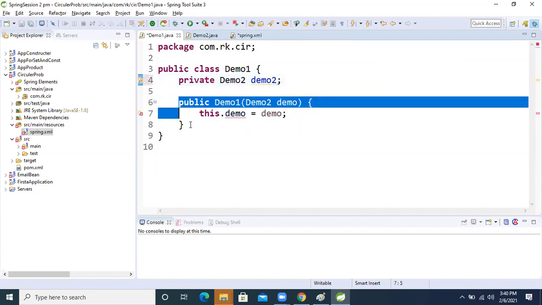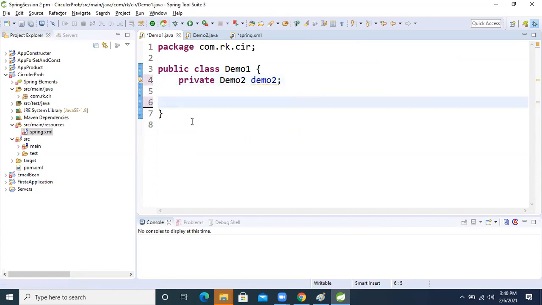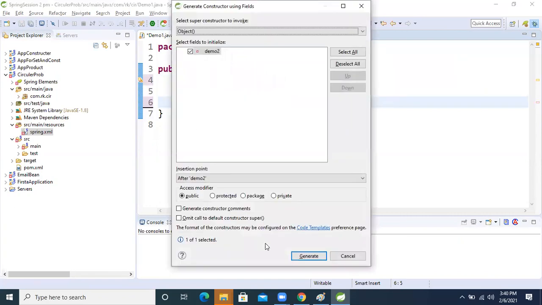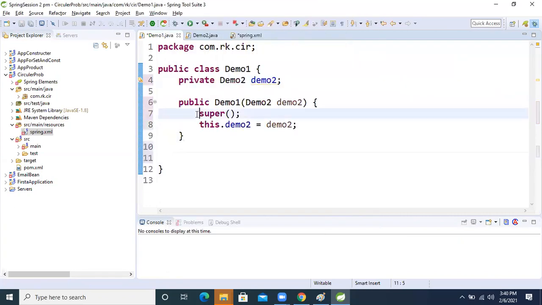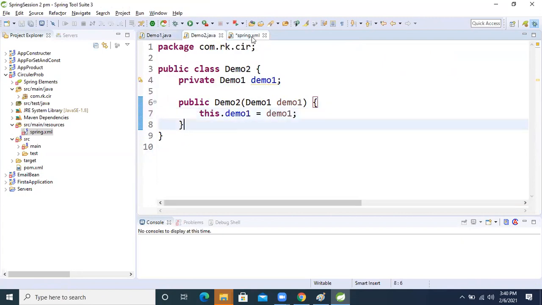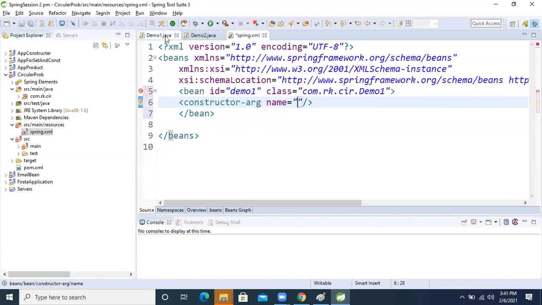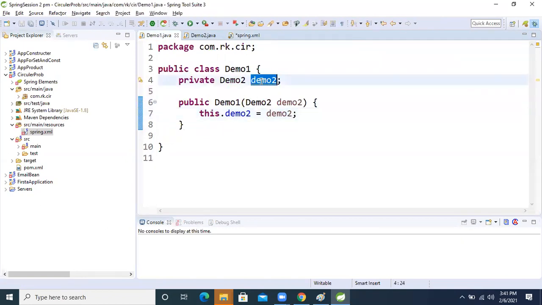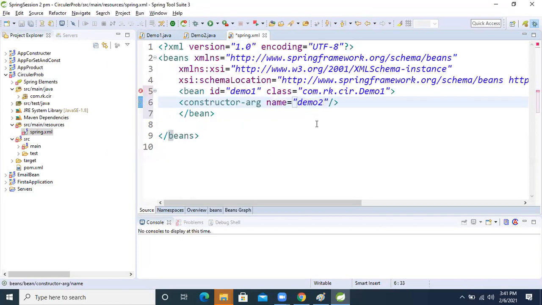Here we take demo2, because demo2 is the property there. Now we pass that property.